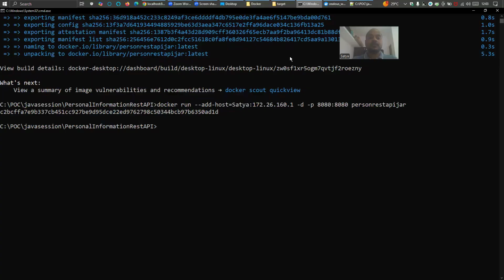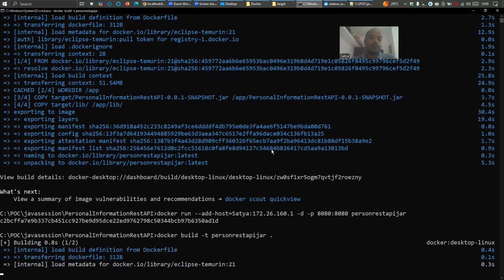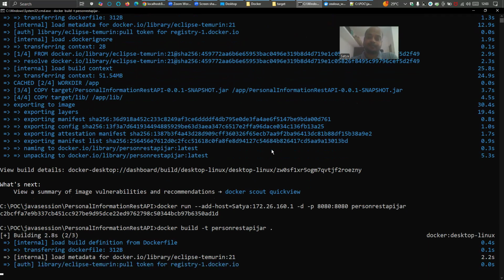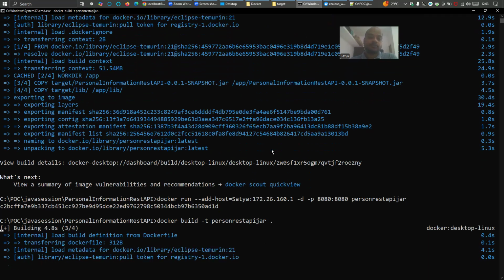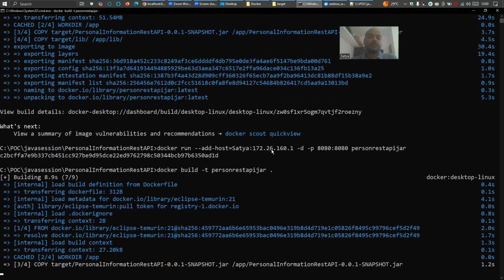Now let's build it again, because you need to upload the changes to the image, otherwise it won't work. So I'm doing a build again. This time the build won't take much time. It will be faster than the